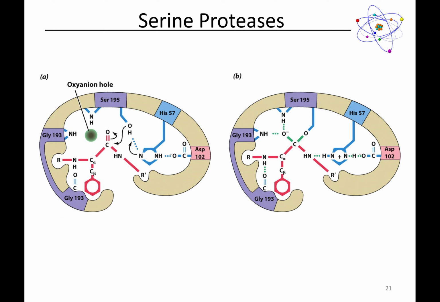The intermediate is tetrahedral, right? That carbon went from sp2 to sp3 hybridized. It went from trigonal planar to tetrahedral, and the tetrahedron now has an oxyanion. Okay? What's cool about this enzyme and about lots of other enzymes that do similar chemistry is that they position a positive charge where the oxyanion forms. Right? So if we look closely here, what we see is that